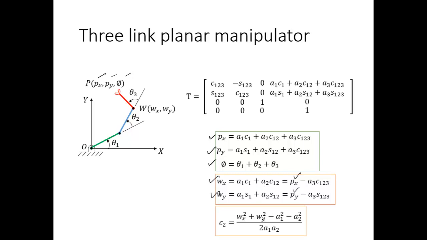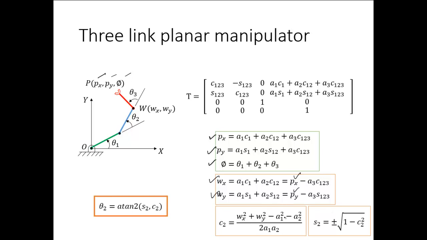So this is similar to what we have achieved in the two-link manipulator, where Wx was actually Px and this was Py. The rest is the same. Similarly, we find sine theta 2 for this, and then we find theta 2 using the arctan function, and then theta 1 can be evaluated. Once theta 1 is evaluated, we can calculate theta 3 by using this equation. This gives us a closed form solution to the three-link manipulator inverse kinematics problem.